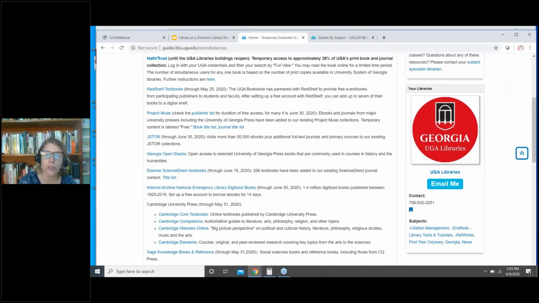Through a partnership with the UGA bookstore, RedShelf Textbooks is offering free e-textbooks from participating publishers to students and faculty. You do need to go in there and set up an account using your UGA email address, but once you've done that, you can add up to 7 titles to a digital shelf. And of note, if you need the APA publication manual, maybe you're needing to write something and you need the APA style guide, that is available in RedShelf textbooks, along with lots and lots of other textbooks